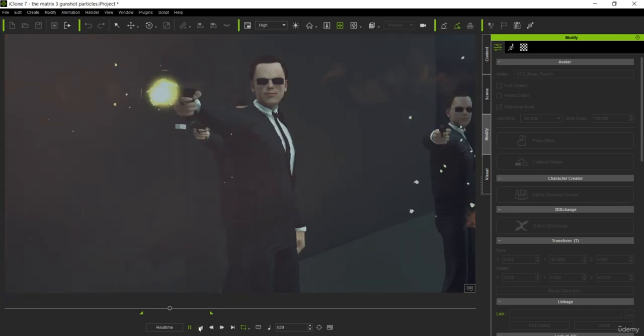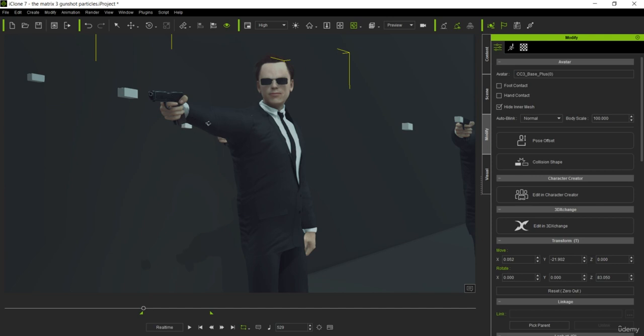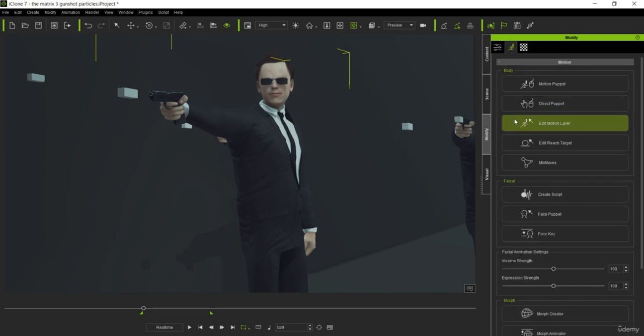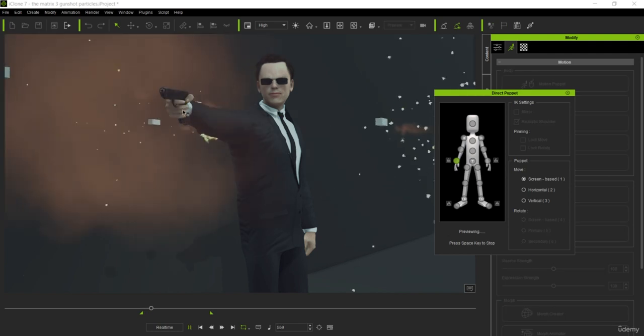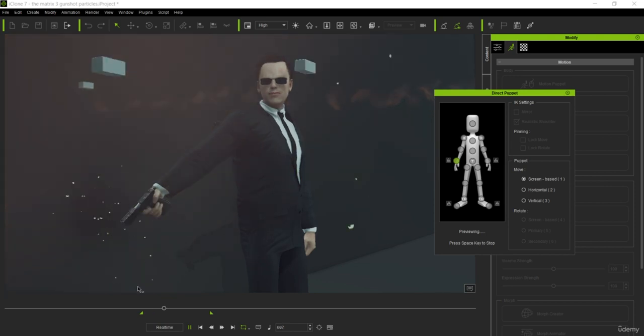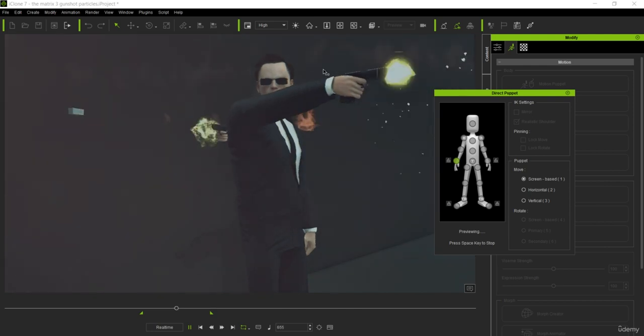Okay, great. So if you know how to use iClone, then you probably already know how we did the hand movements. But for those of you who might be new to iClone, the way that we did that was by simply selecting the character, and you're gonna go to modify. And all I did was, when you have the agent in this position, it's really easy. You go to the direct puppet and you just select the hand and click preview. And now you can move. You see that? So wherever I move the hand,